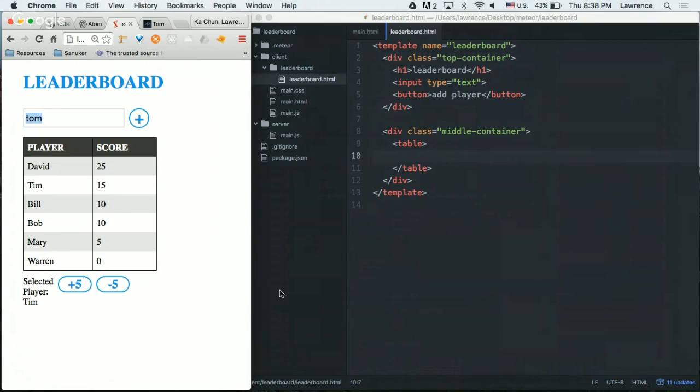And for the first row, it's going to have some little difference. You can call it TH, a table header. So what you're going to see is a table with multiple TR, and inside each TR is going to have 2 TD or a TH table header. Okay, so we're going to just type it out here.